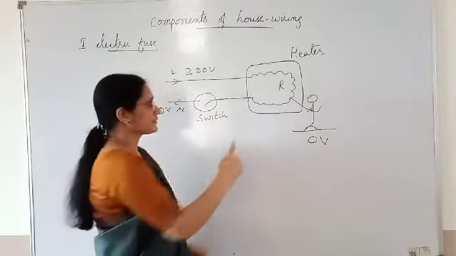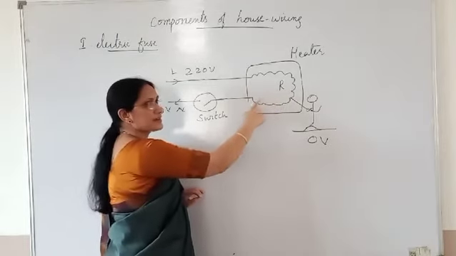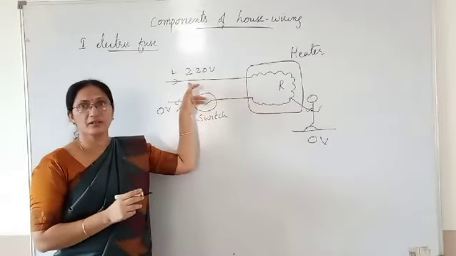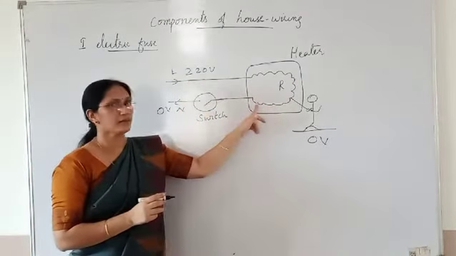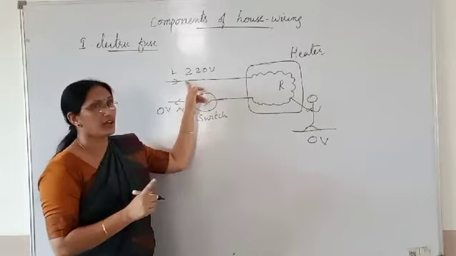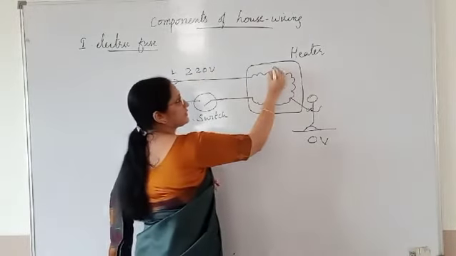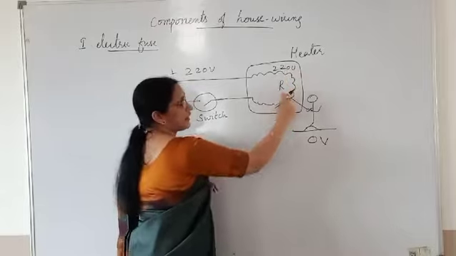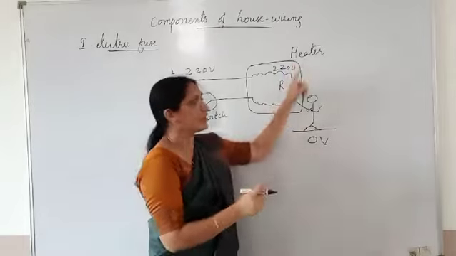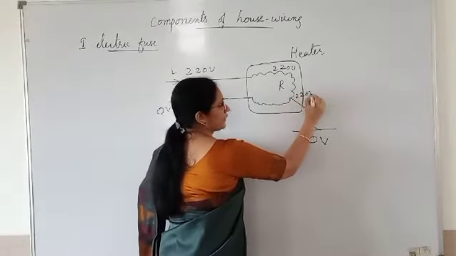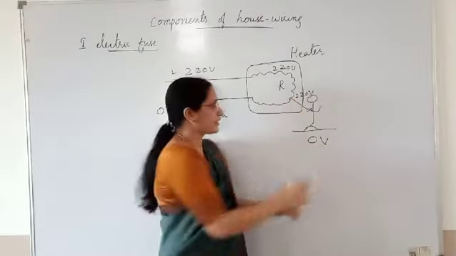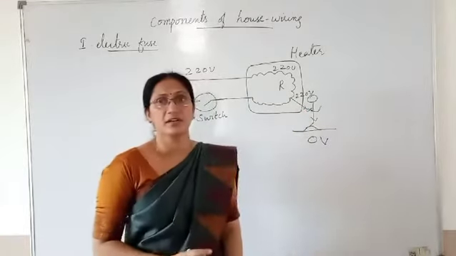What is the reason? See, this heating coil is disconnected from the neutral wire, but it is still in touch with the live wire. Look at the diagram. This heating coil is disconnected from the neutral, but it is still in touch with the live. And the live wire is at 220 volt. That means this heating element is at 220 volt. So this man touches a body at 220 volt and his legs are touching earth, which is at 0 volt. Due to the difference in potential, current will flow through his body and he will get a fatal shock.